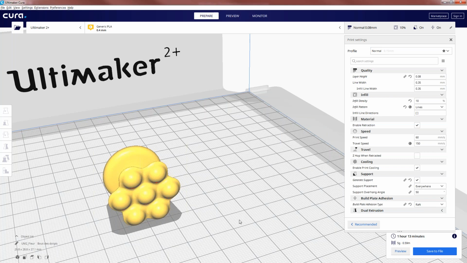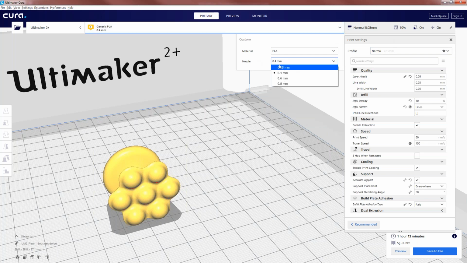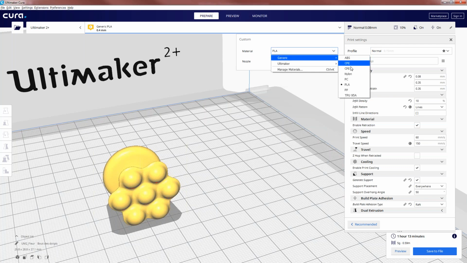It uses a 2.85 filament diameter, and the nozzle diameter is 0.4. You can use various nozzle diameters and various materials also: ABS, CPU, nylon, PC, PLA, PP, TPU.